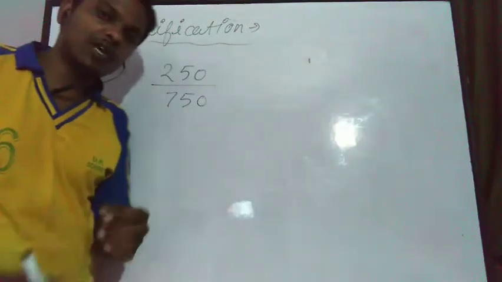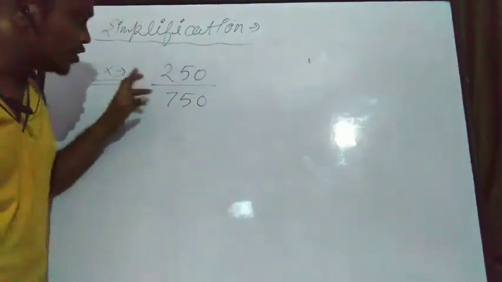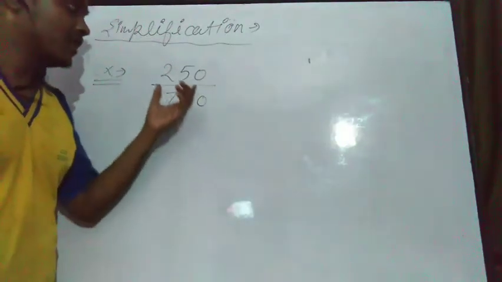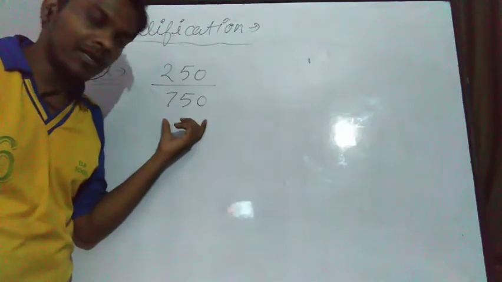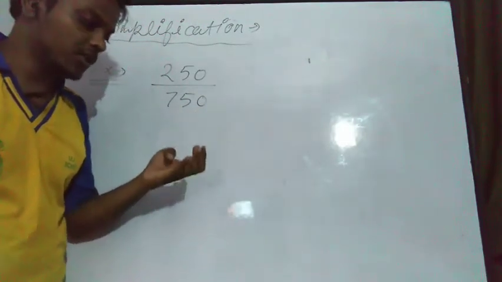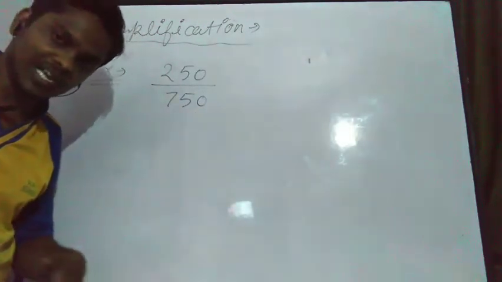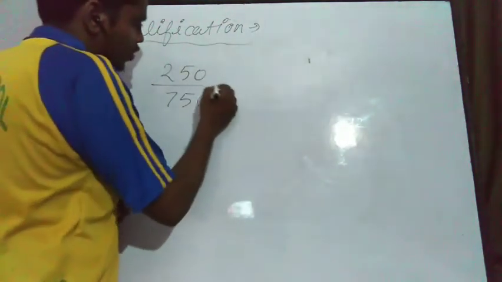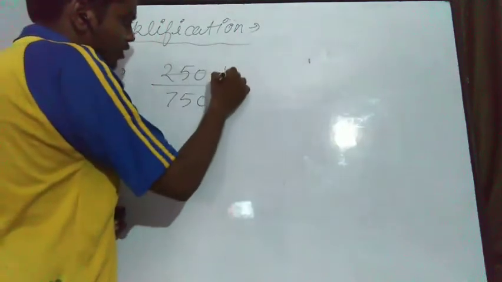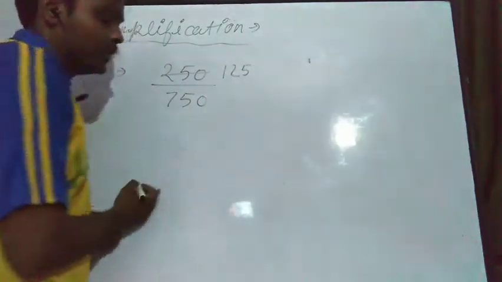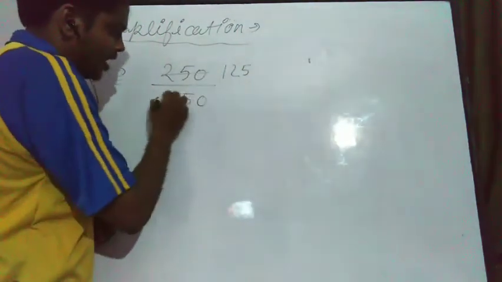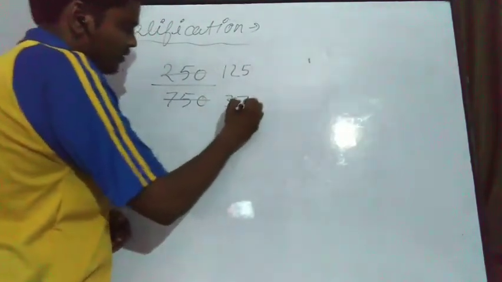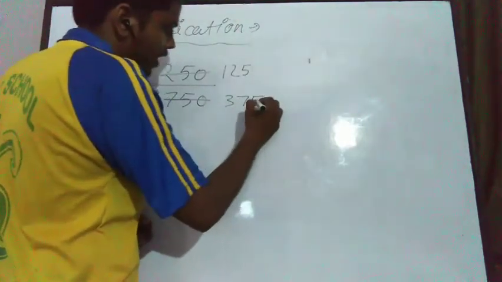First of all, we will start from the smaller one, that is 2. So 2 will divide those numbers which have an even number at the unit place, including 0, meaning 0, 2, 4, 6, 8. So let's see if it will divide or not. 2 will divide: 2 1s are 2, 2 2s are 4, 2 5s are 10. Again 2 3s are 6, 2 7s are 14, 2 5s are 10.